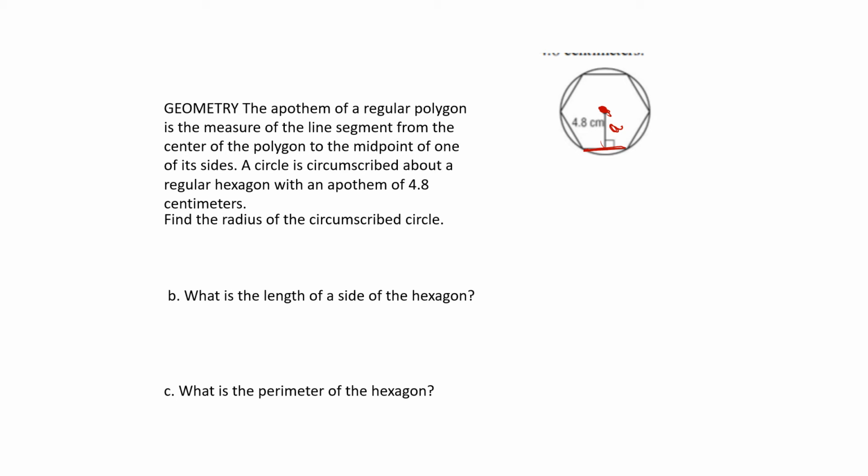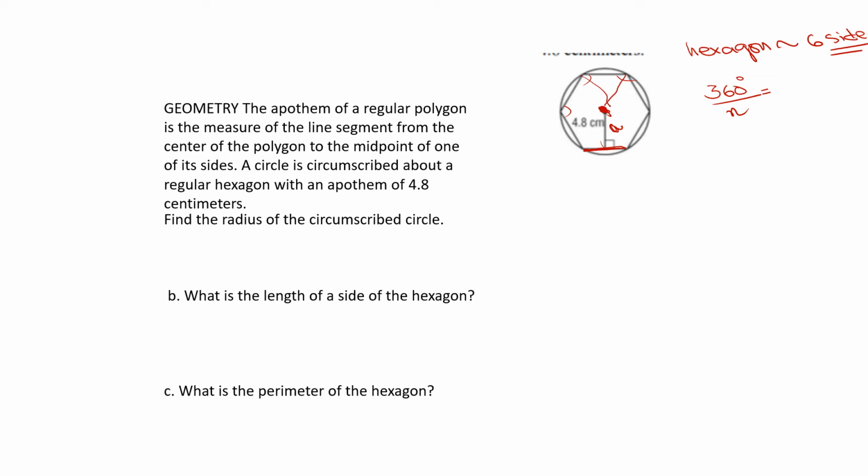The first thing is, now they are saying a circle is inscribed by a regular hexagon. So you must know that the hexagon consists of 6 sides. Before we start anything, let's find out each angle of these sides. We have a formula: 360 degrees divided by the number of sides gives us the